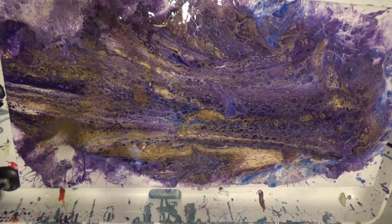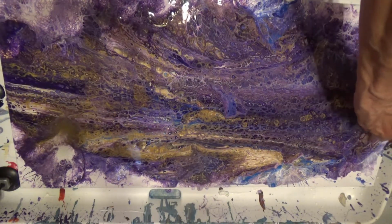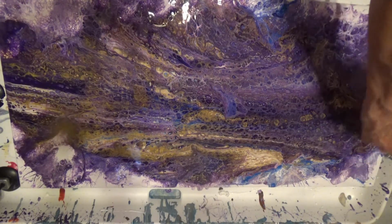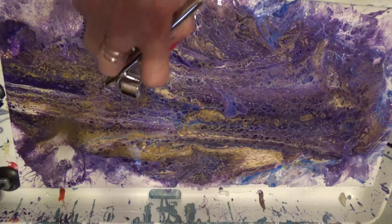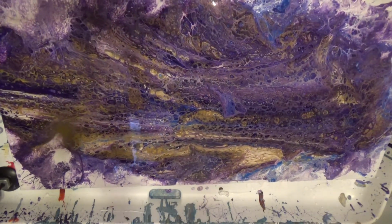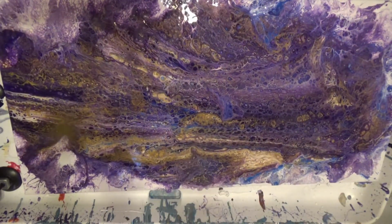Let me get this a little bit better over here. Only because it kind of splattered. Don't like the splattery effect there. Let's see if I can get this to go that away a little bit. Kind of get that to tip. Well, I don't know. Let's see if I can do that with this. I think I might need to